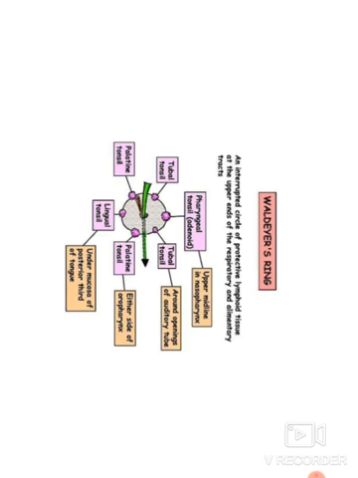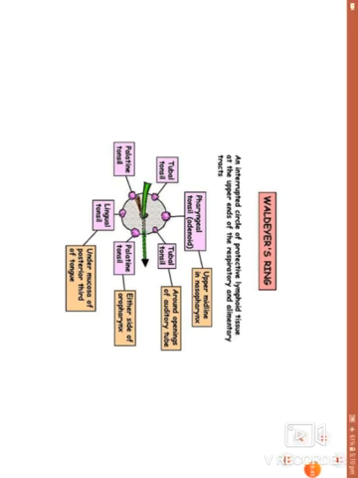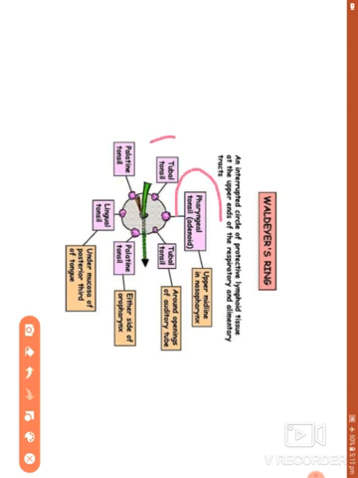Then next is the Waldeyer's ring. Here it relates to the nasopharynx and the oropharynx. You can see there is a collection of tonsils. Superiorly, in the posterior-superior nasopharynx, there is the pharyngeal tonsil. On each side, laterally, there is the tubal tonsil. In relation to the oropharynx, antero-inferiorly there is the lingual tonsil,